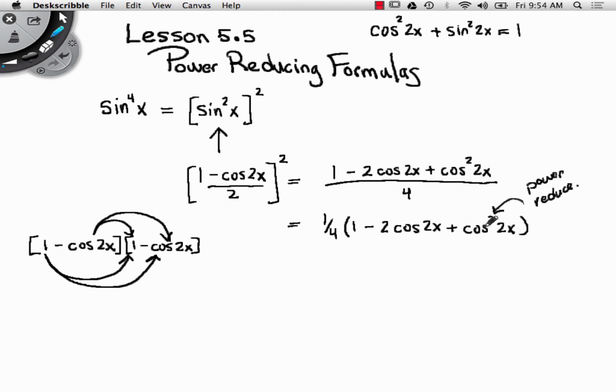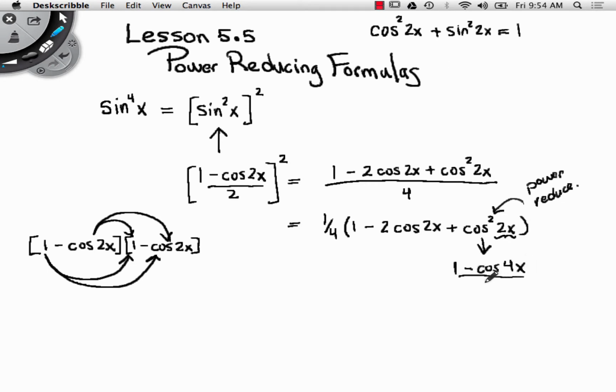Okay? So now, look at your little sheet. What's the power reduction formula for cosine squared? 1 plus cosine of 2u all over 2. Now, does everyone see that in this case, the angle that I have here is 2x? So I can substitute this. This is going to be 1 minus the cosine of, does anybody know? 4x